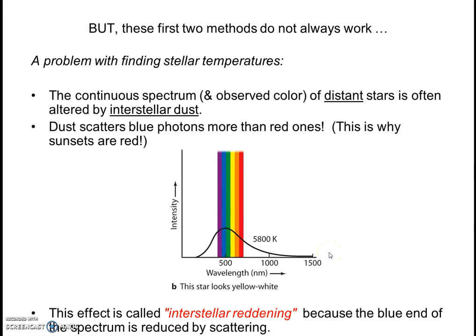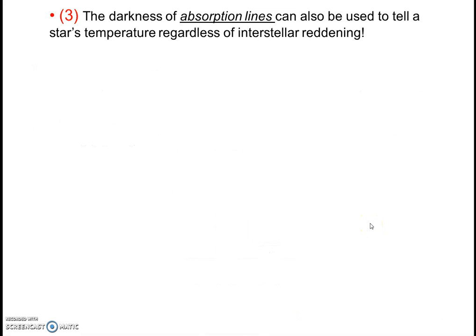Now, you might say, well, okay, now what do we do? If we have distant stars, how do we figure out the temperature of these stars? Well, luckily, nature has given us a third way of figuring out the temperature of stars. And this is by the darkness, or the intensity, or the strength of the dark absorption lines in a star's spectrum. You may remember from the